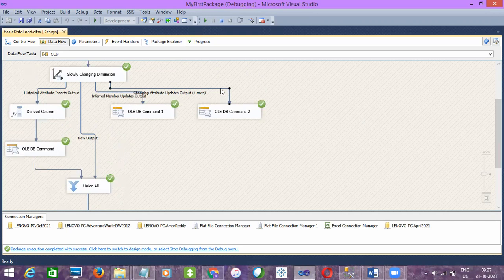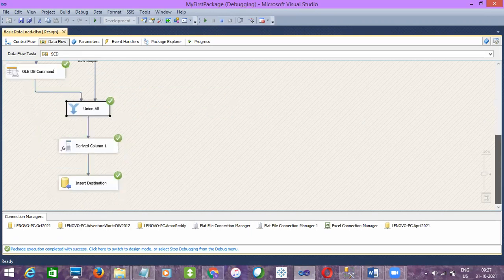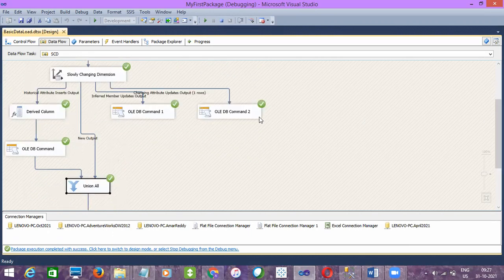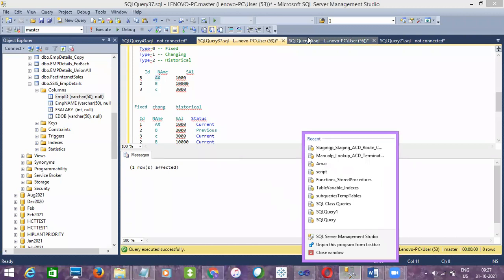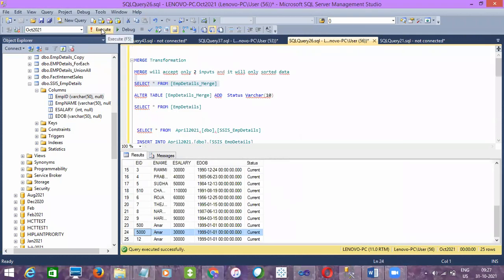Can you see here? This is the insert new rows. This is the new flow for inserting. And this is, you can see here, the changing attribute. All right, one row is affected. And if you go to the destination table and execute it,